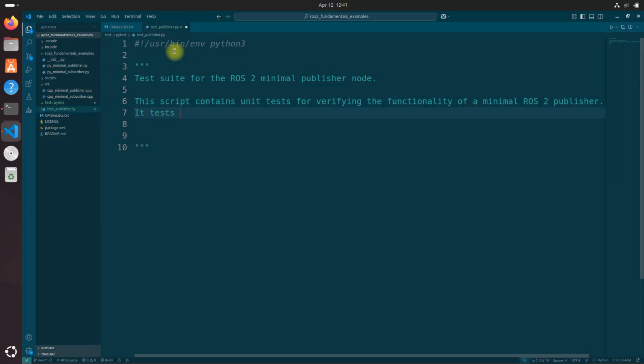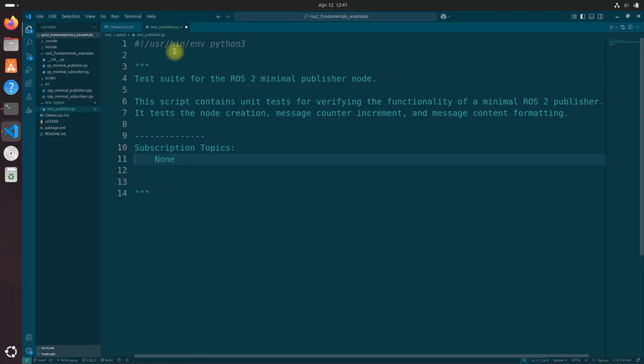It tests the node creation, message counter increment, and message content formatting. Okay, let's put our little divider here, and let's say subscription topics: none. Publishing topics: